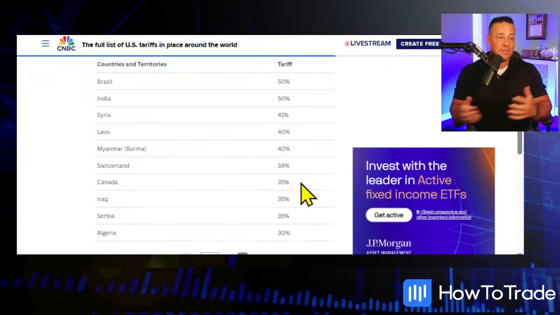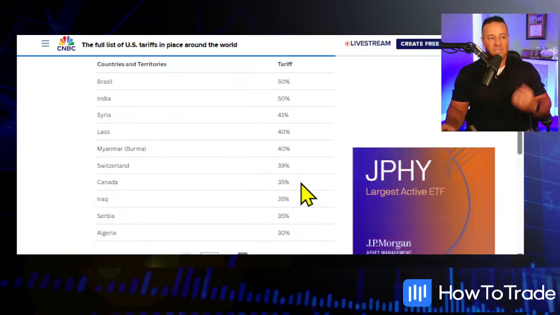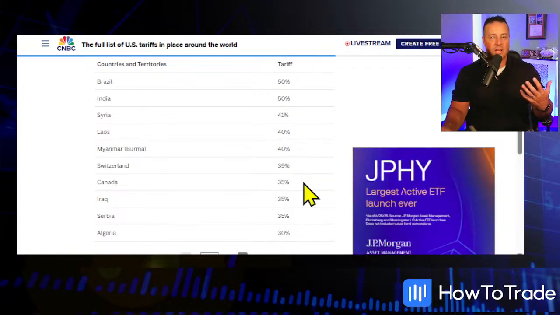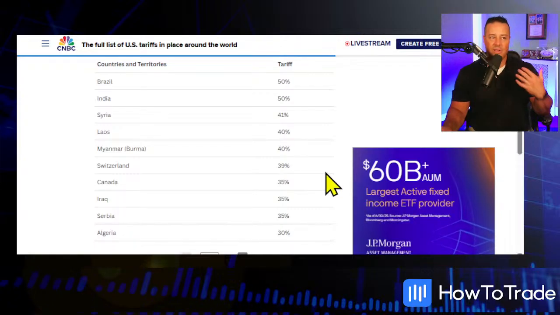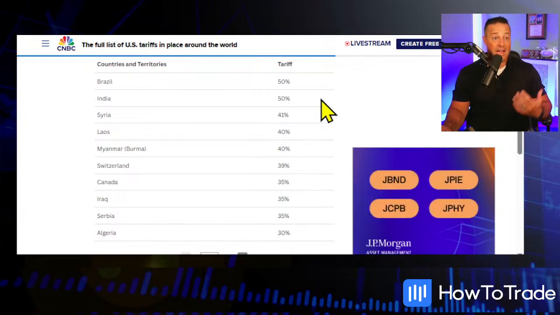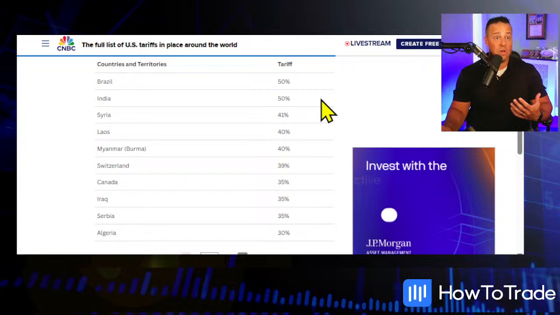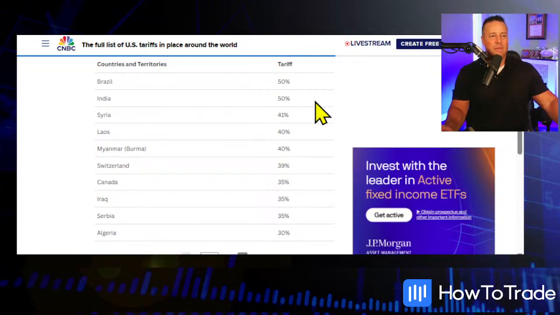Places like Iraq, Serbia, Algeria, those probably aren't going to move so fast. But some of these G8 countries, Canada, Switzerland, expect deals. India, I expect a deal there relatively quickly as well. 50% tariff. I mean, that absolutely hurts. As far as Brazil goes, though,